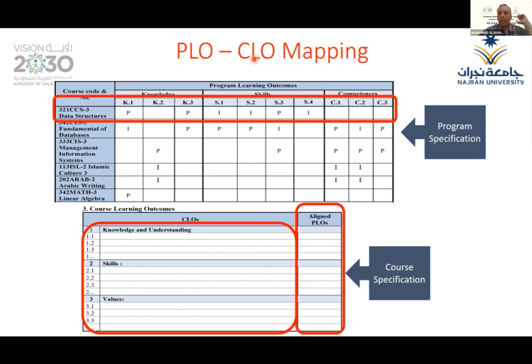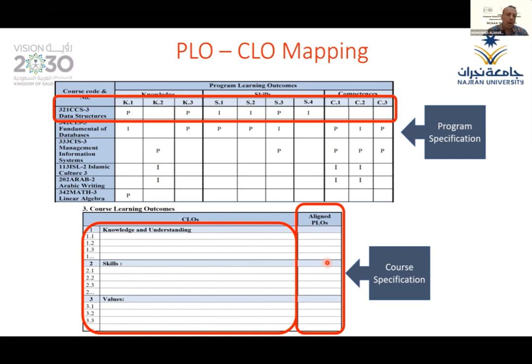Okay, so for this course, I should find here the learning outcomes, CLOs, aligned with the same number and the same PLOs here. For example, that structure here, 1, 2, 3, 4, 5, 6. I should find the same 6 learning outcomes here. Based on that, we found a comment from the NCAAA. They gave us some comments. Some courses were not aligned, probably.